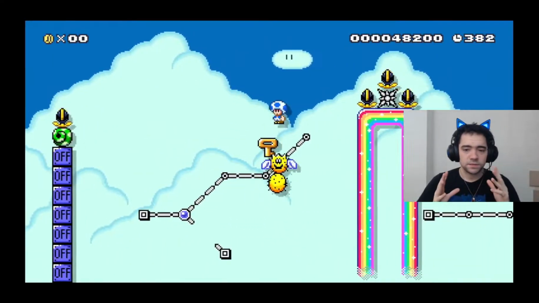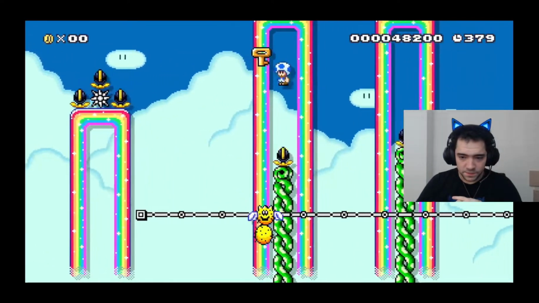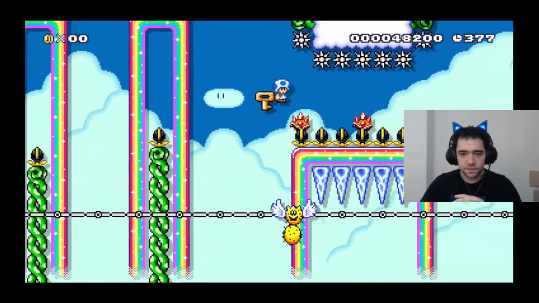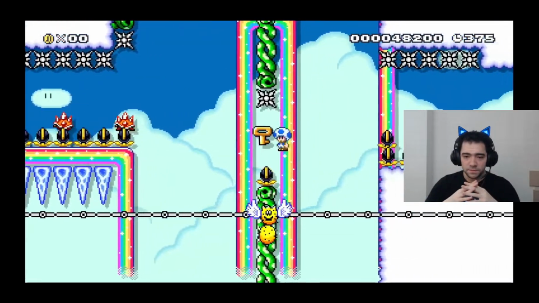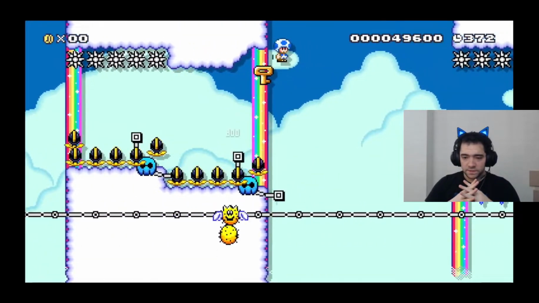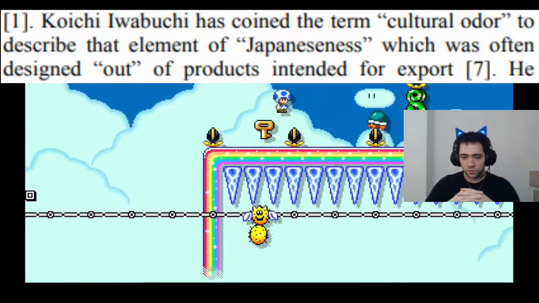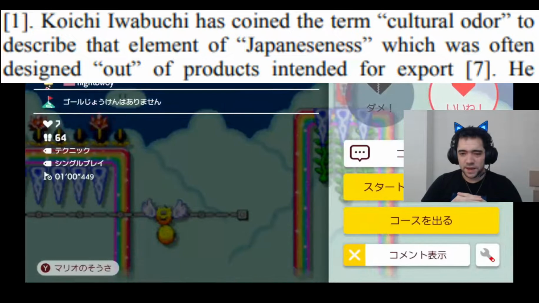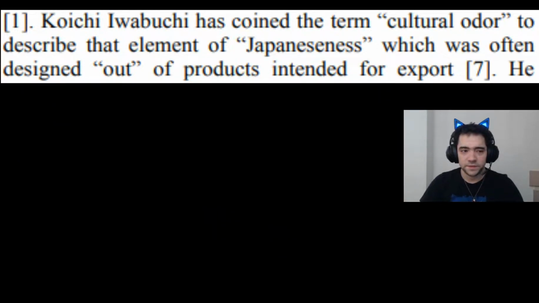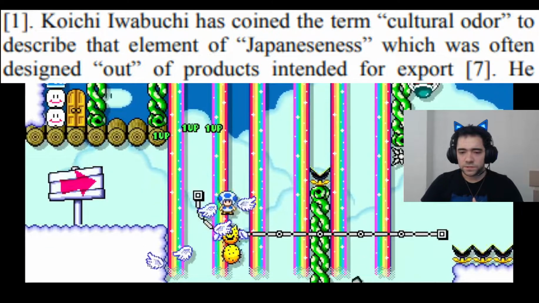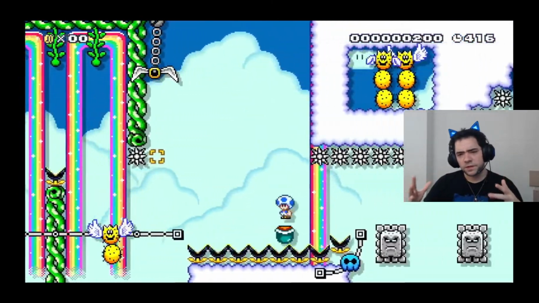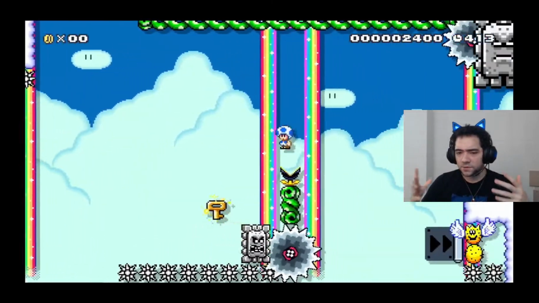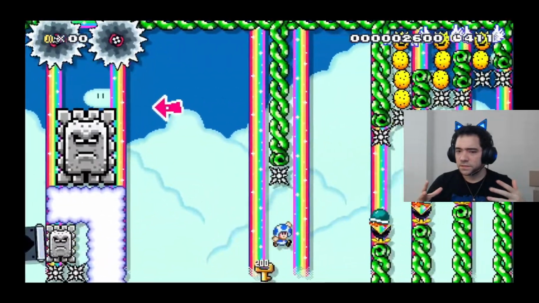And I say this because I've actually heard this before many times. They like to do this thing in the past. I guess as you see, they still do it today, but at the time, it was considered a cultural odor, they called it. It's when things like Japanese characters are in the game, they want to get the Japanese out and keep it more American, so I guess it appeals better to American audiences. A lot of people tell me how one villager is, and I'll see it and I'm like, wait,